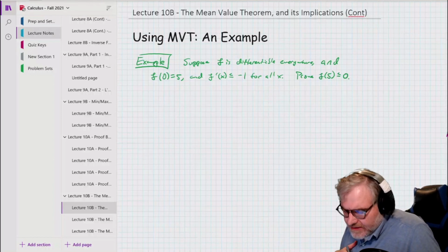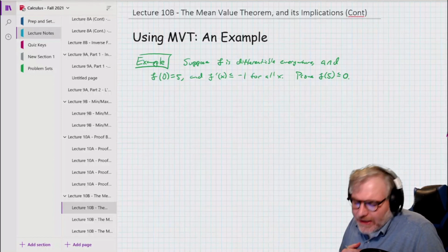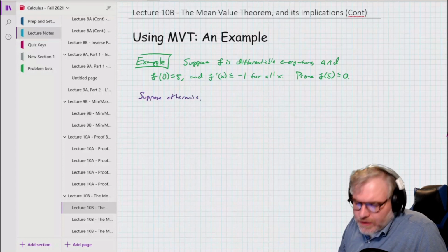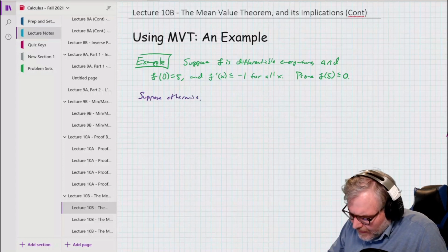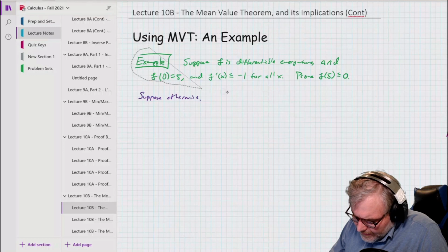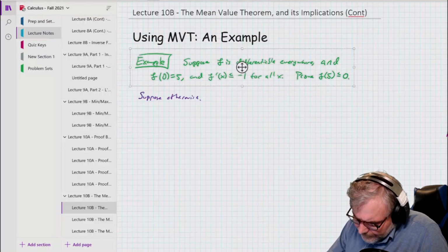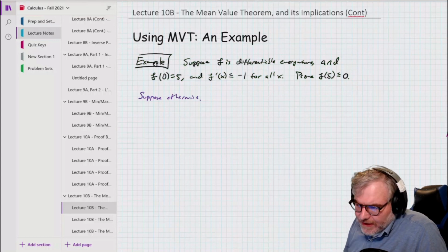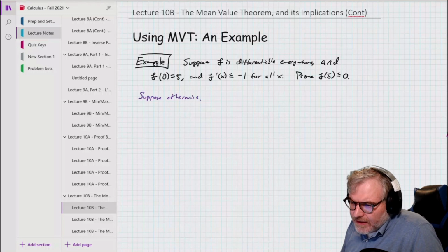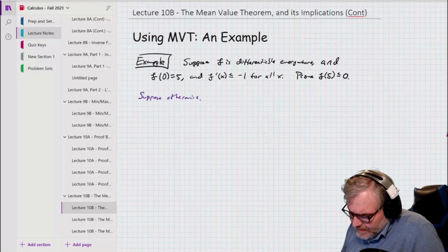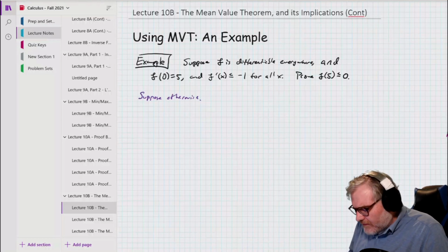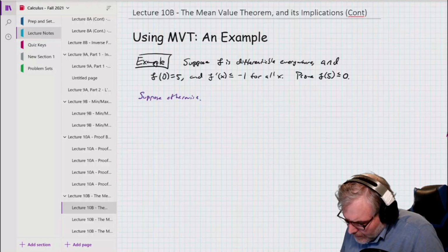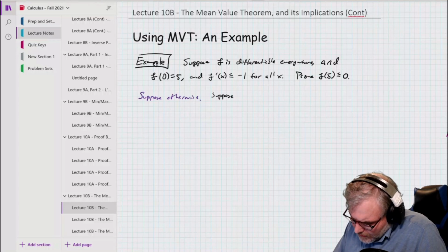I think the cleanest is just to suppose otherwise. So I'm going to suppose otherwise, and then I'm going to apply the mean value theorem here. Okay. Well, I said f is differentiable everywhere, and f being differentiable everywhere means that f is continuous everywhere. So the mean value theorem will apply. Okay. So suppose,